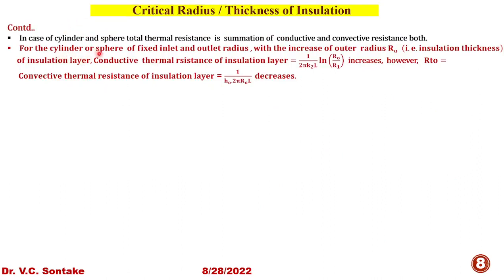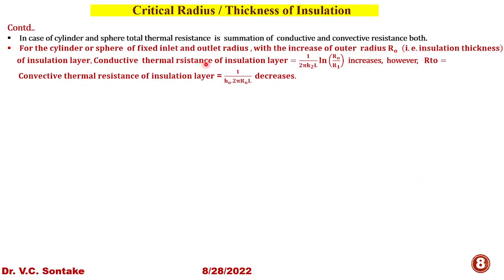Now, for a cylinder or sphere of fixed inner and outer radius, let's say ri and r1 in this case, and provided with insulation, with the increase of outer radius ro, that is the thickness of the insulation layer,